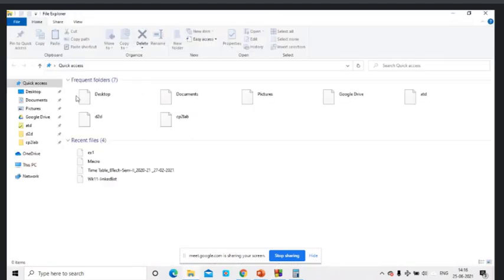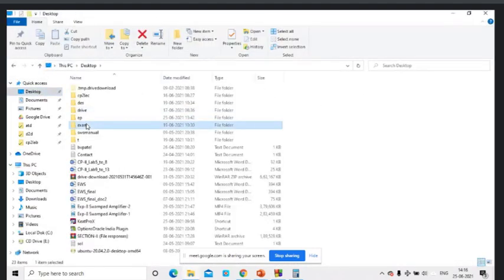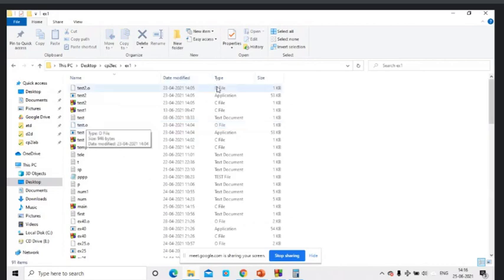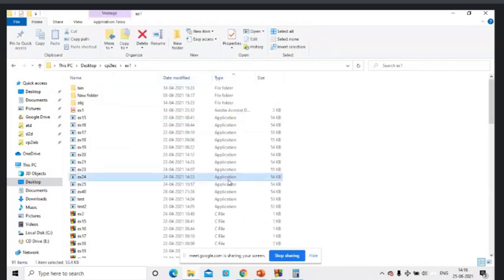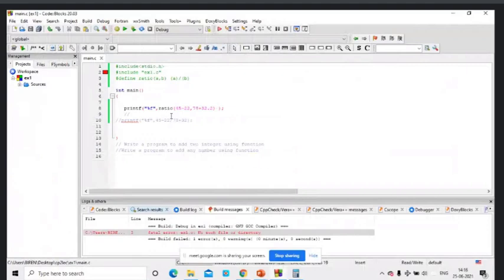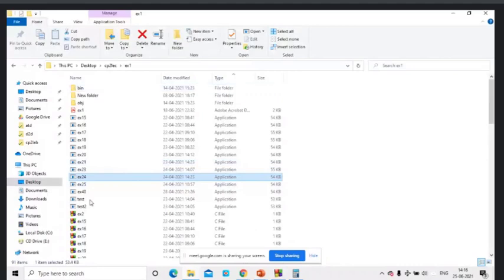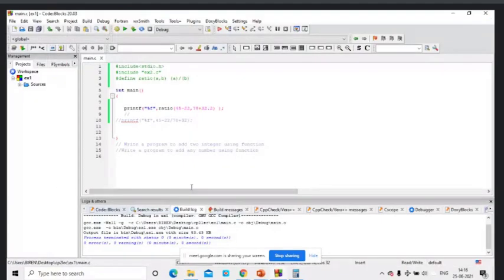Exe1, yes, so let me add one of the C files, ext2.c. So you can see I have added ext2.c, which is a part of the same folder. Okay, so this way you can add.